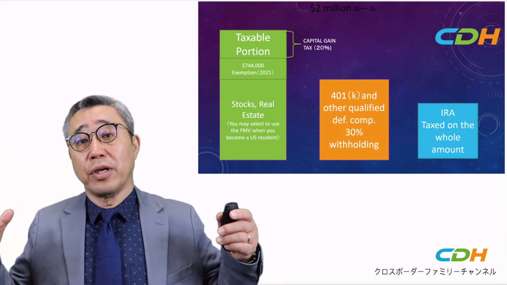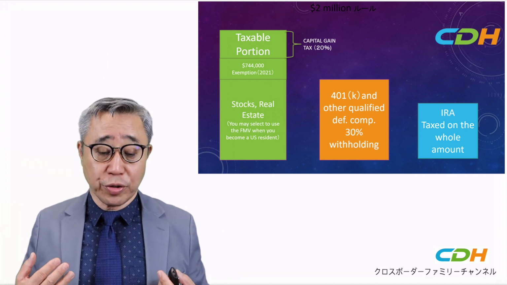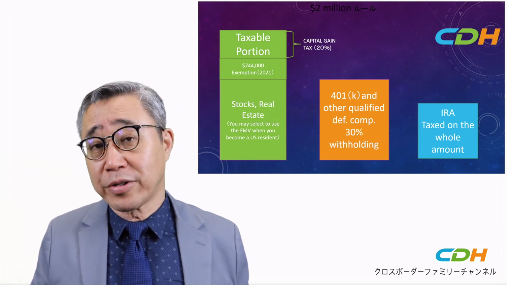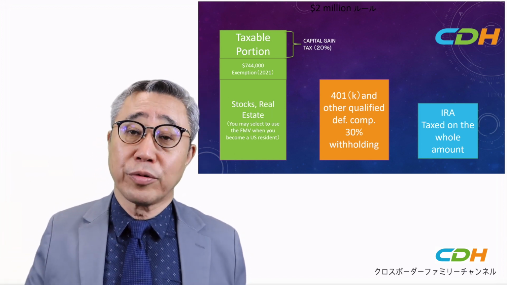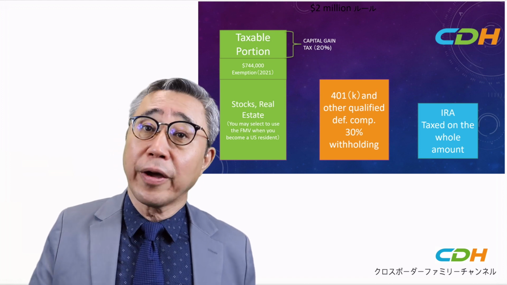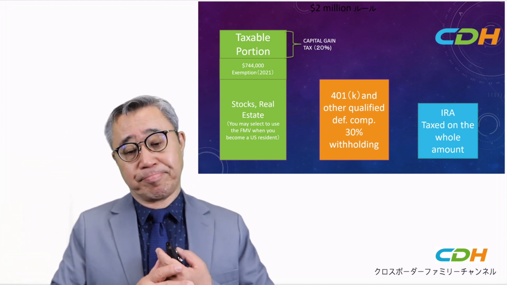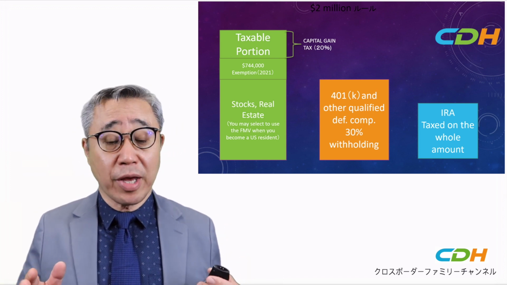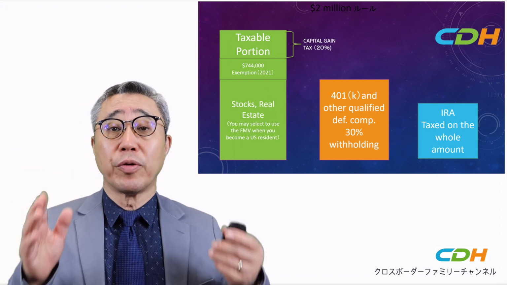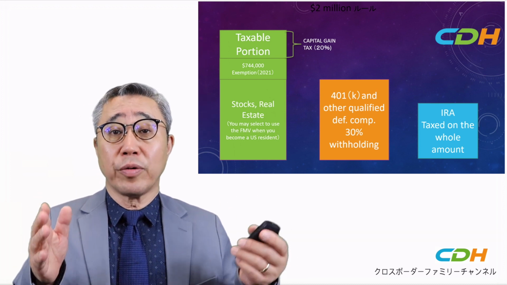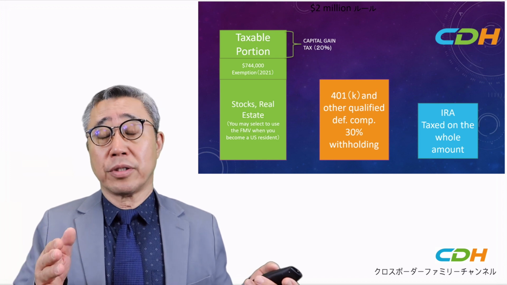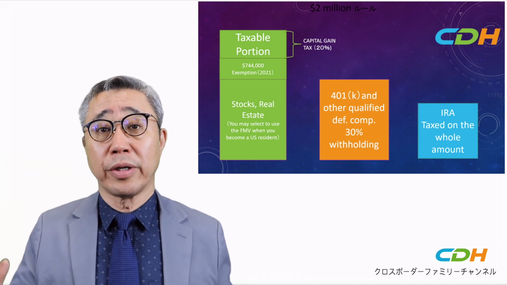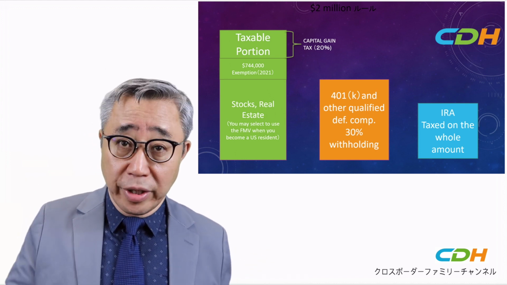But whenever you receive distribution, 30% of your distribution is withheld by the financial institution and sent back to the U.S. government. Okay, and depending on income tax treaties you may have, with your home country or the country that you're going to live in, how you recover some or all of this withholding really depends on your treaty.